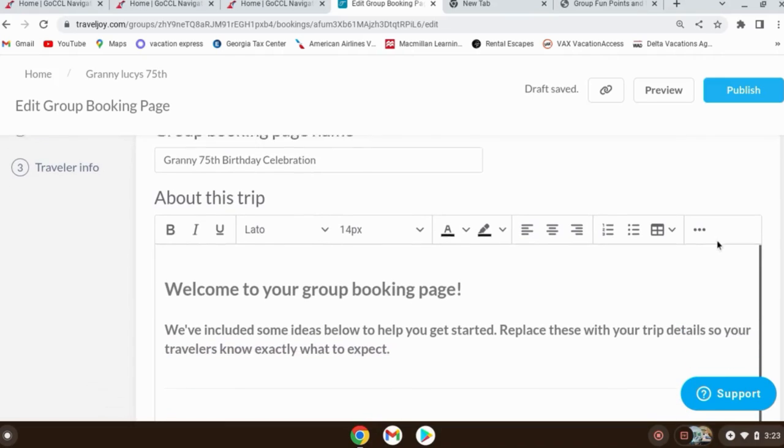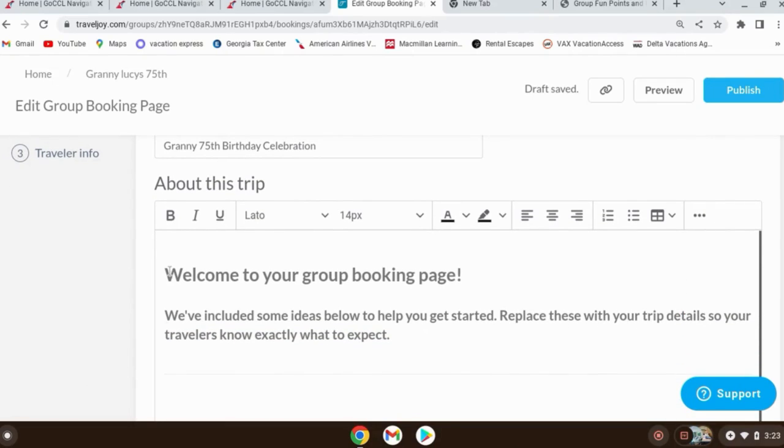Okay, so you have three categories. You have the description, the pricing, and the traveler info. The description, I think, would be the lengthier of the ones to do, so let's go ahead and knock this out really quick. I like just putting a welcome in here. Say something like,